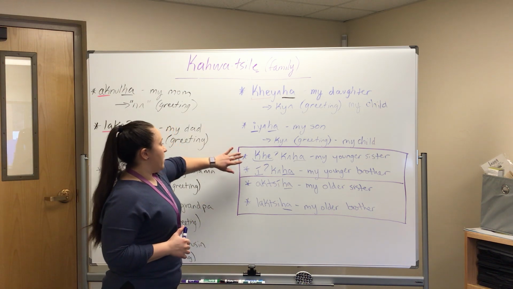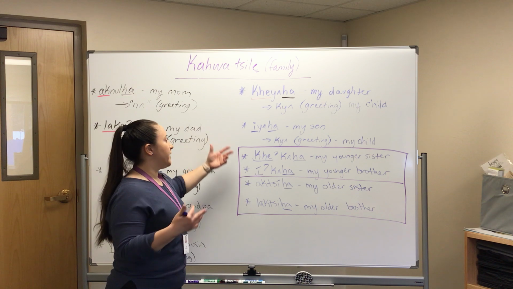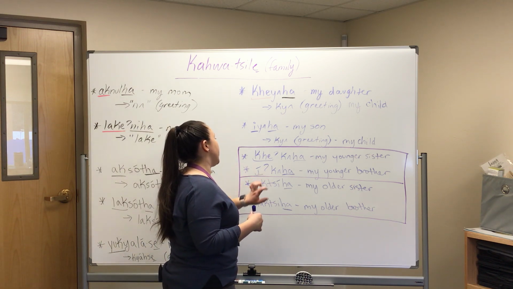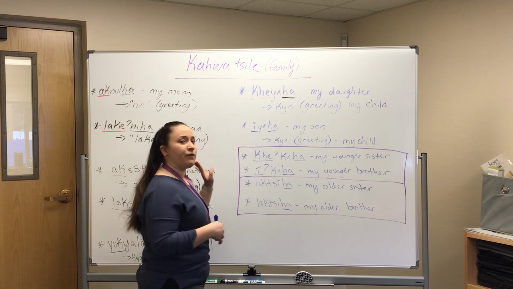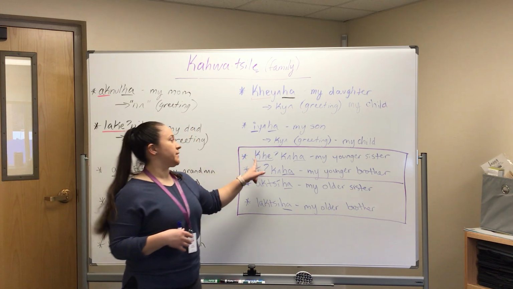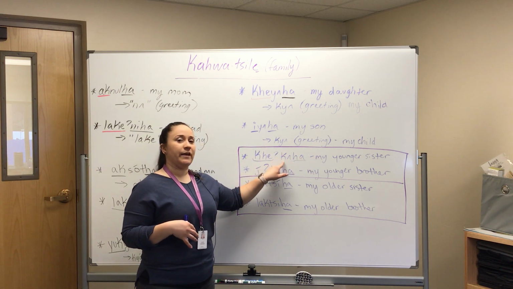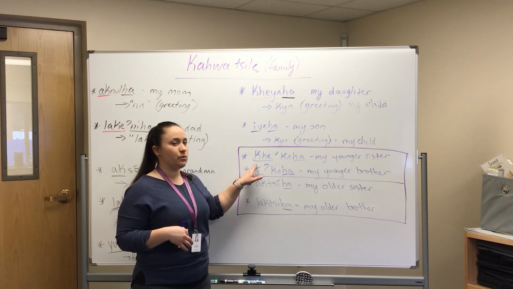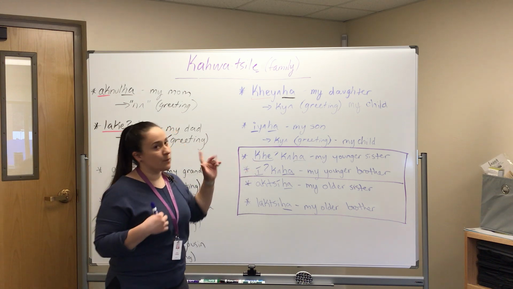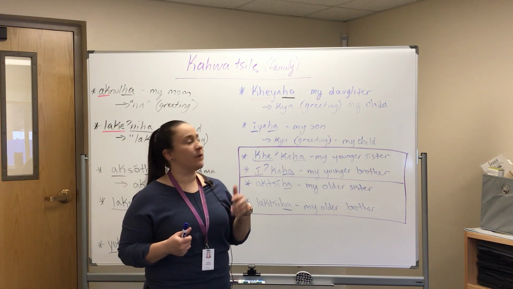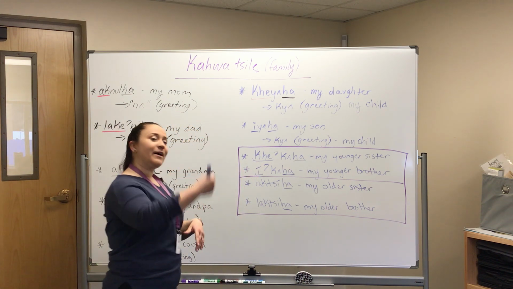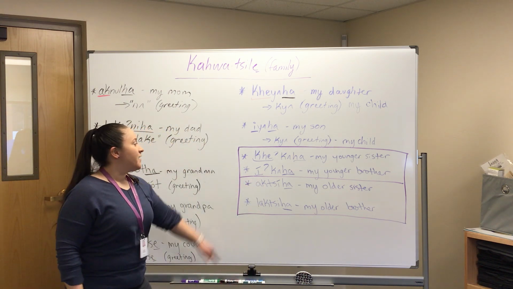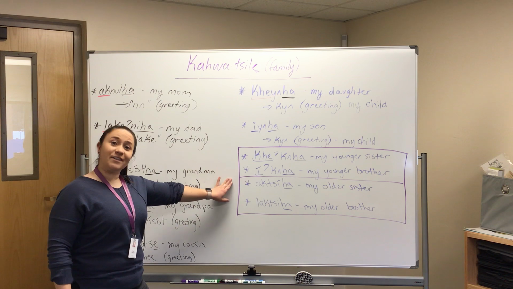Where was I going with that? So kegaha, my younger sister. Igaha, my younger brother. Same root, different pronouns, because that pronoun is going to indicate who the sibling is. That's what the root is. But who the sibling is going to be indicated in your people-to-people pronoun. So me to her, my younger sister. Iga, my younger brother. That's the him. The next ones have to do with older siblings.